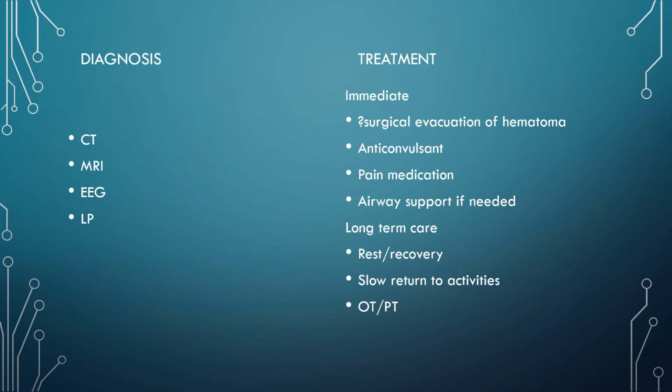So diagnosis of TBI, it's going to start with a history and physical. So we need the story that matches the event. If someone just came in with dizziness plus or minus loss of consciousness, headaches, and other neuro symptoms without the story of impact to the brain or some sort of trauma, we would not suspect TBI. So everything that we do is a little bit investigative as we're trying to put the pieces of the puzzle together. But anytime there's a head injury, we start with a CT or MRI,